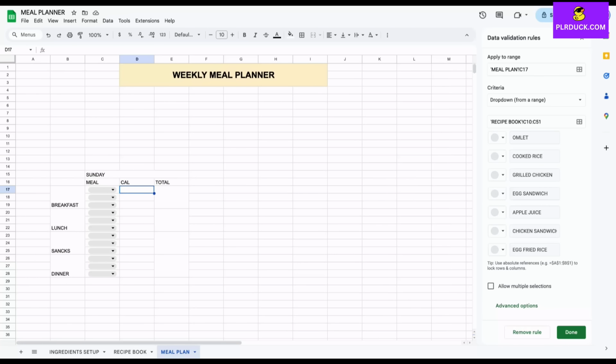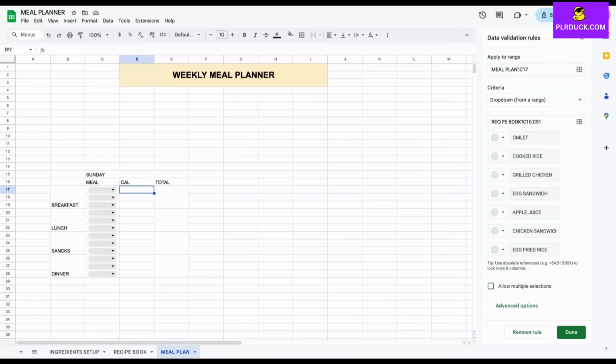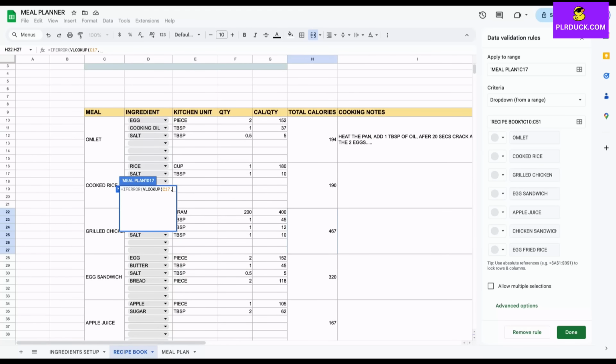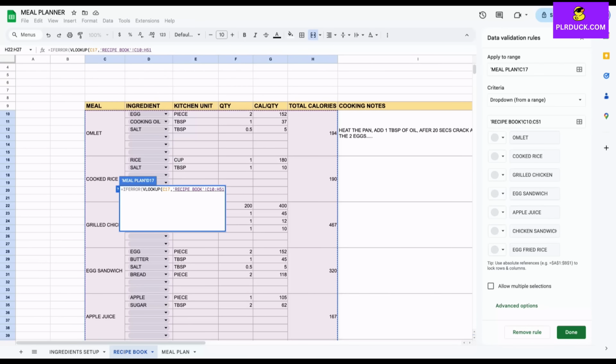Next is going to be the calories. So if I want to get the total calories for that particular meal, that is already in the recipe book. You can see for each and every meal the total calories is already listed. So I'll try to get this using the VLOOKUP. So I'll say is equal to IFERROR, I'll open the brackets. So I'll say VLOOKUP. I'll open the brackets over here. So the lookup value is going to be this particular meal. So this is going to be the lookup value, comma, and then I need to select the complete range, that is the table array. So here I'll completely select the table array till here,